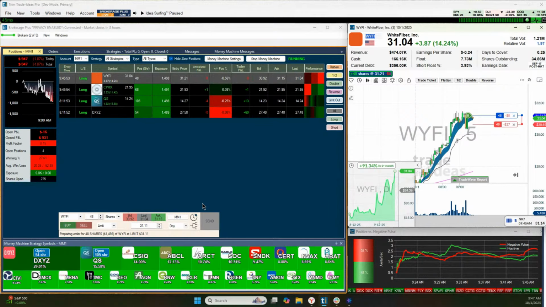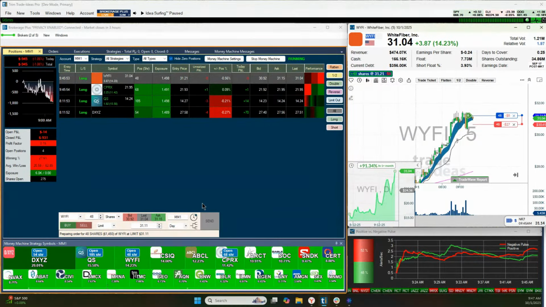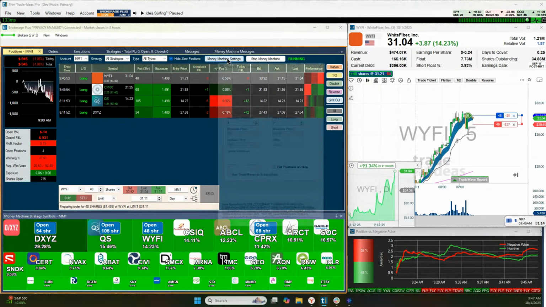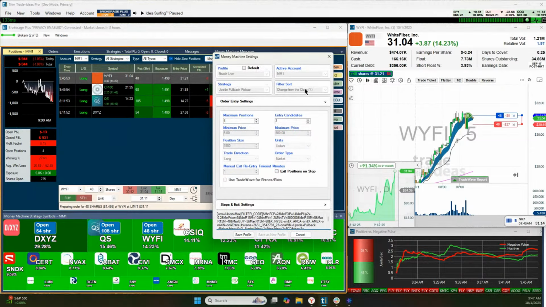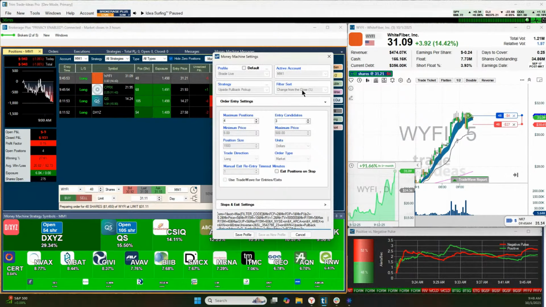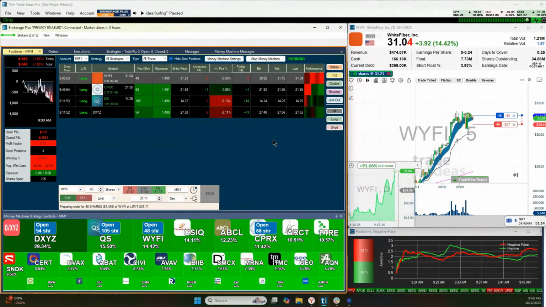David asked, could I explain the falling out of ranking part also, please? Yes. So over here at the bottom, you've got the trade candidates. And here, for the most part, I'm trying to be in the top, because that just means that based on the sort order, in this case it's change from the close. I didn't do any adjustments here. These are all things that you can change, but the idea is that you're always trying to stay in the biggest momentum name.